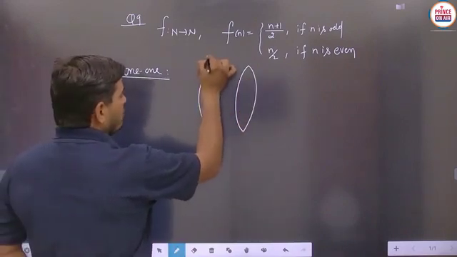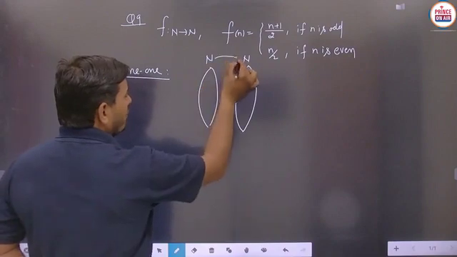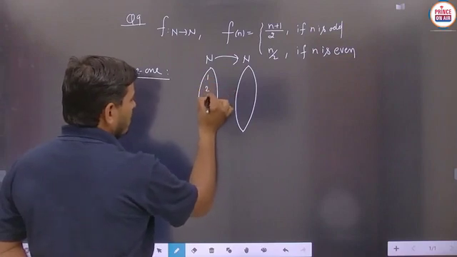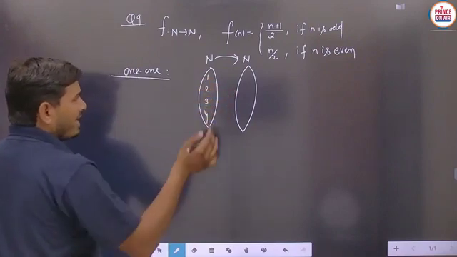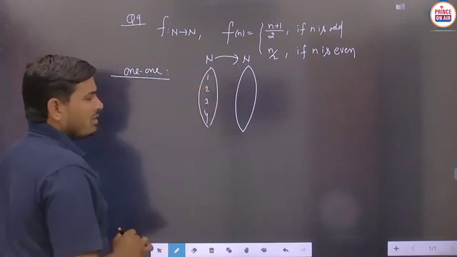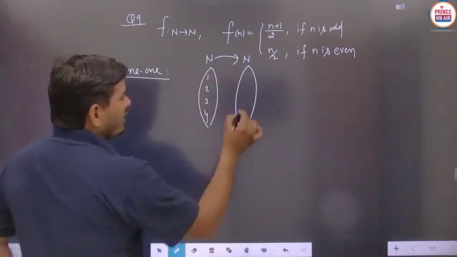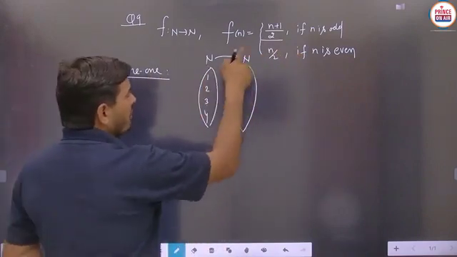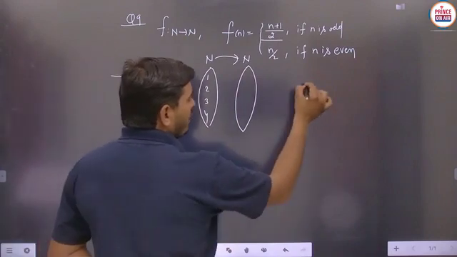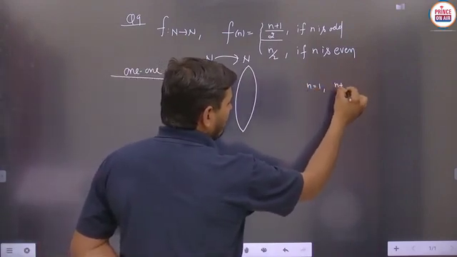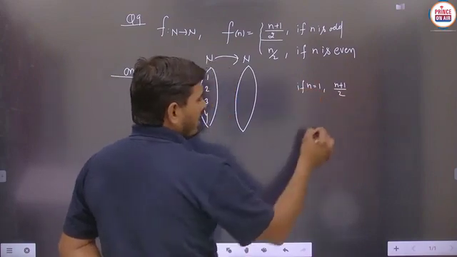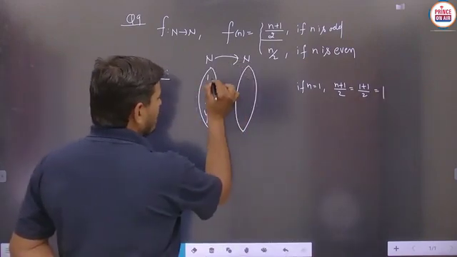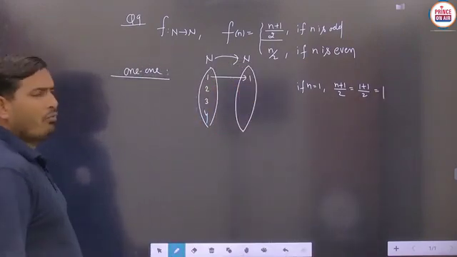Suppose this is the natural number set, and this is also the natural number set, because the function is defined from natural number to natural number. Suppose we are taking some of the natural numbers here: 1, 2, 3, 4. Now as per the definition, is 1 odd or even? So basically students, you can say that 1 is odd. So 1 is odd, then this particular definition is important to get the image of this element. So here we have to put n equals to 1. So n equals to 1 we are taking, then (n plus 1) upon 2 will become (1 plus 1) upon 2, and that equals 1. So you can say that the image of this element is obtained here as 1.